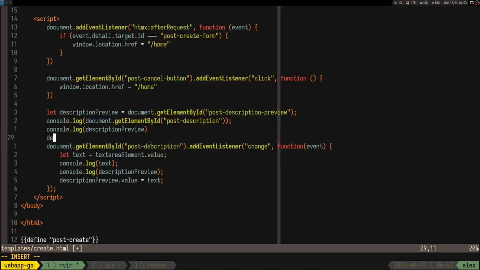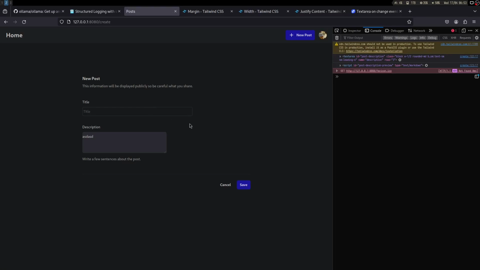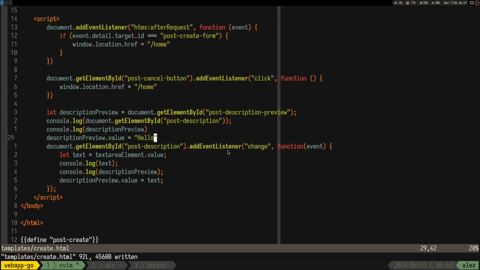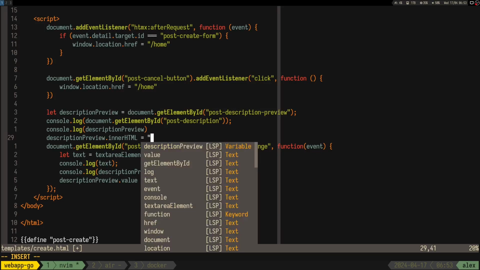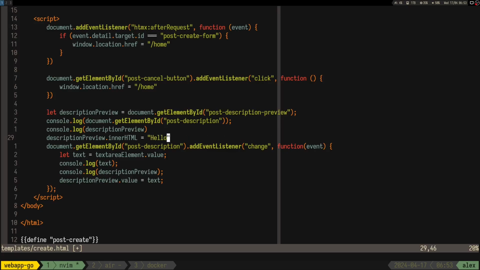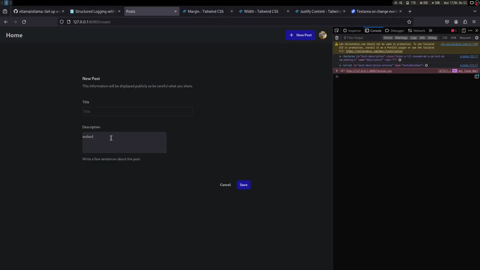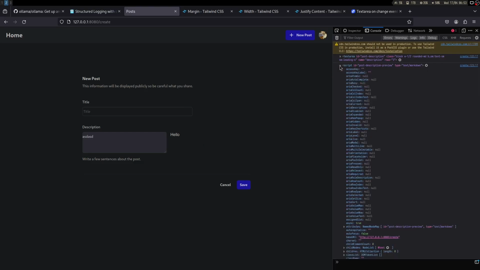Like you can even say something like description preview that value is equal to hello, right? Well, I mean the description. Really? Inner HTML? Let's set the inner HTML or something. Yeah, like that it works. Alright, but question is,